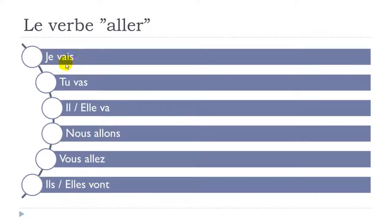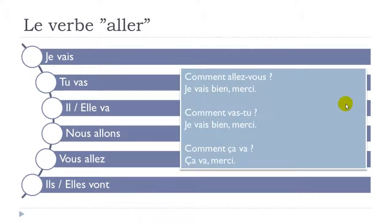Alright, let's see everything again. Je vais, tu vas, il va, elle va, nous allons, vous allez, ils vont, elles vont. Alright? And then just a few examples, just to show you how useful this aller verb can be, because we tend to use this aller verb when you want to ask if someone is doing fine, okay? So the first